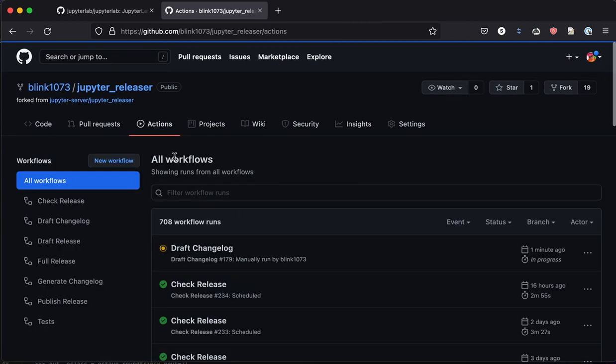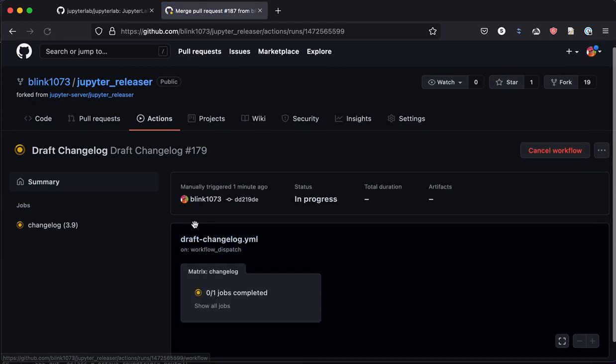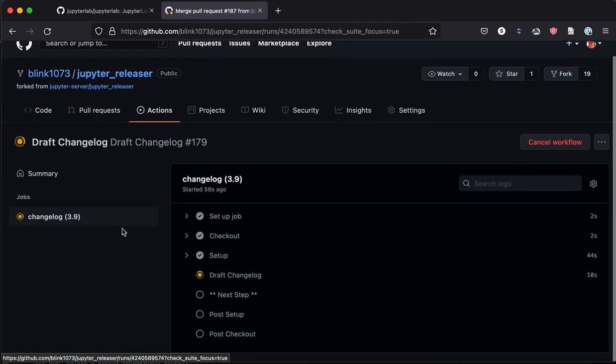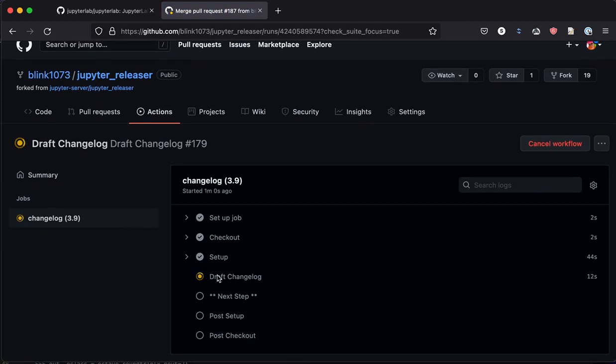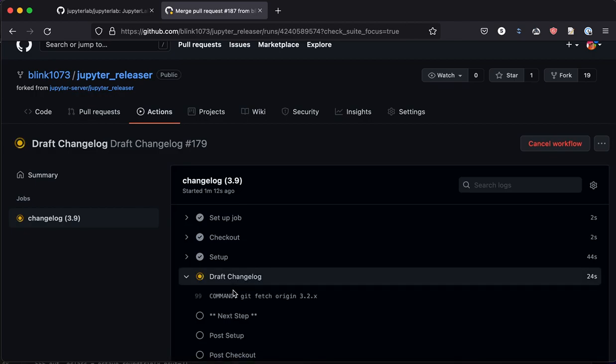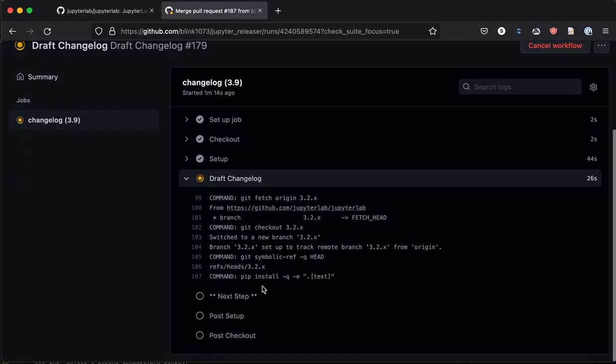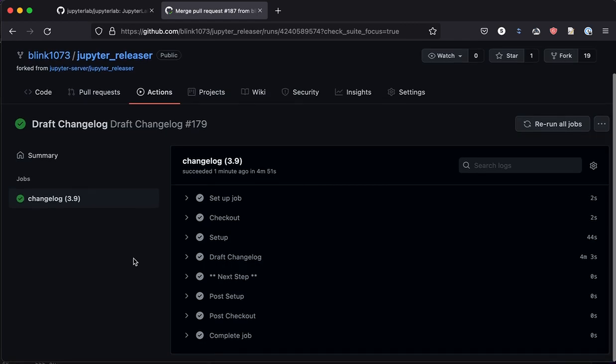So I'll go back to the Actions tab. I see the draft changelog operation is running, and drill down, and we'll wait to see some output here. Okay, so we see it's doing its job. This part is going to take a little bit, so I'm going to go ahead and come back here in a minute. All right, and we're back, and the